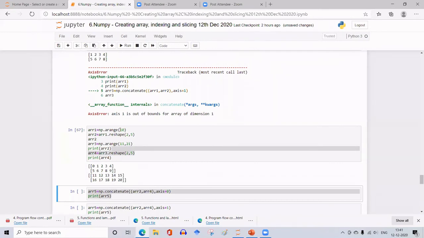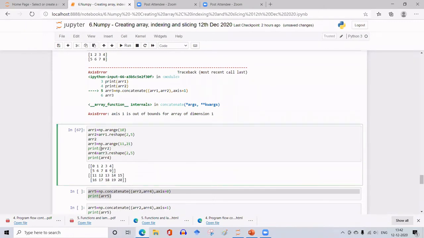Array 1 is 0 to 9, formed into a 2 by 5 array. So this is array 1, and next, this is array 2. Let me print array 1 and array 2 also.